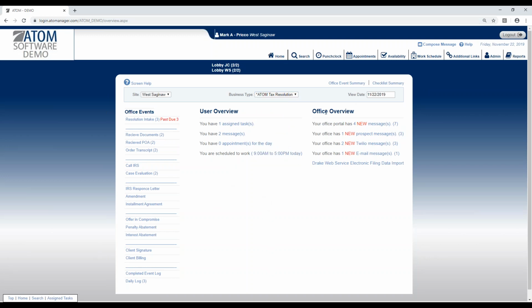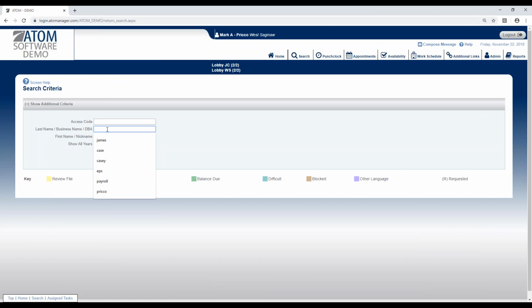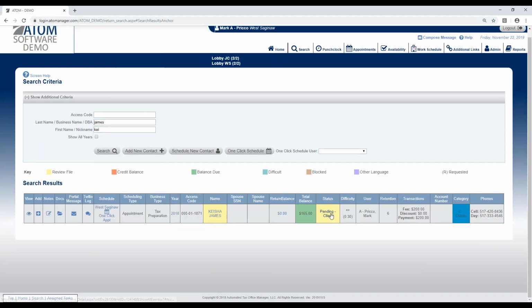Okay. Now moving over here to the user overview. Okay, so we have assigned tasks. I kind of went over that. Say this Keisha James. She says, I really need Mark to talk to. I can only talk to Mark. I can't talk to anybody else. Even though the receptionist has all this information available to them that they can probably answer her question, but she's just stringent. I can only talk to one person. So you're just going to click on notes,